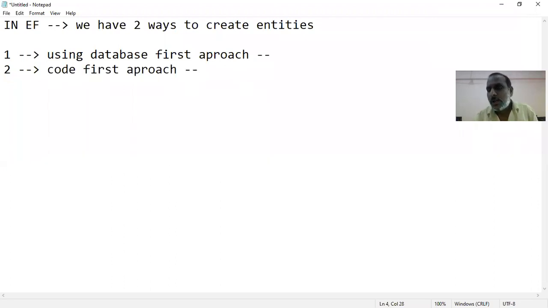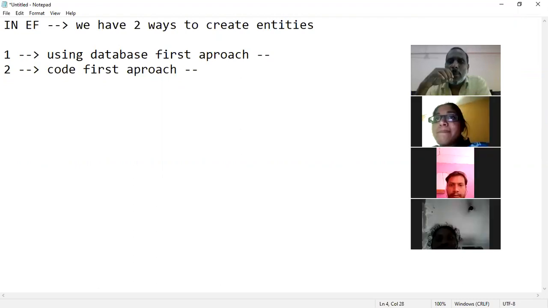Now you may get one doubt. We have learned ADO.NET, so will that ADO.NET be useful or not? You studied ADO.NET, maybe you spent somewhere around 4 days on that. You even did one project on that. Now what happened to my ADO.NET skill? Will it be useful or not? You are saying ADO.NET will be eliminated, then what is the point in learning ADO.NET? Correct? You should ask me that question, correct?